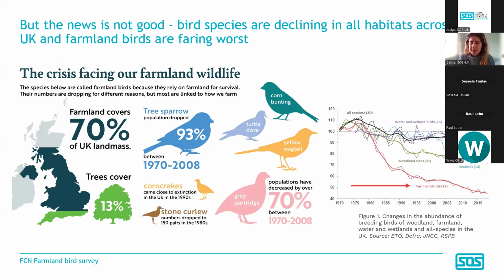We have been monitoring specific bird species indicators since 1970, and you can see there's been a significant decline in birds across all habitat types in the UK. But the biggest decline has been in the 19 species of farmland birds that have been monitored in this time. You can see on the screen a couple of examples of bird species that are specialist to farmland. The tree sparrow, for example, is a good indicator. They've dropped by 93%,